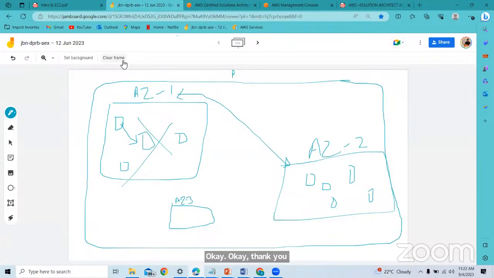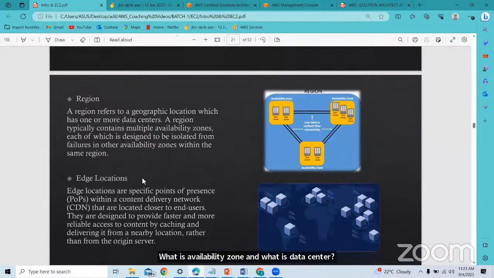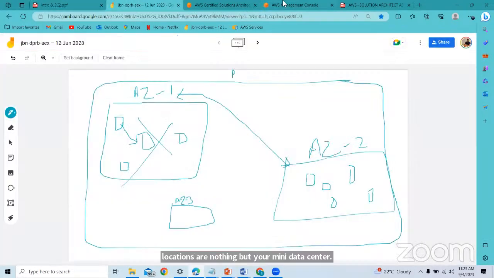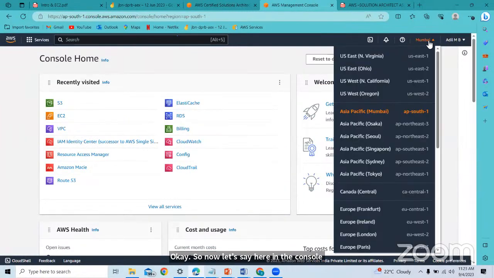All right, so this is clear now, right? What is a region, what is an availability zone, and what is a data center. So what do you mean by edge locations? Edge locations are nothing but your mini data centers. Here in the console you have Mumbai, Singapore, Sydney and so on.